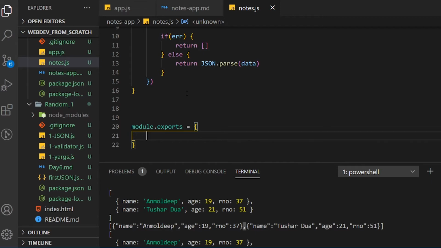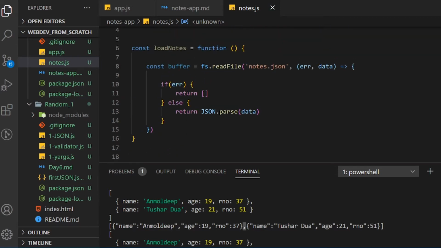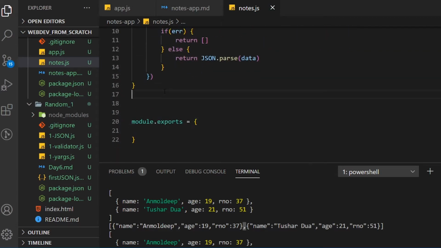For example, if I want to export, I will give a name to be used outside for the method to be shared from inside. But in this case we won't actually need this one. Let's just keep some space for the upcoming functions. Now if I say I want to add a node, I need to get some data from it. For that